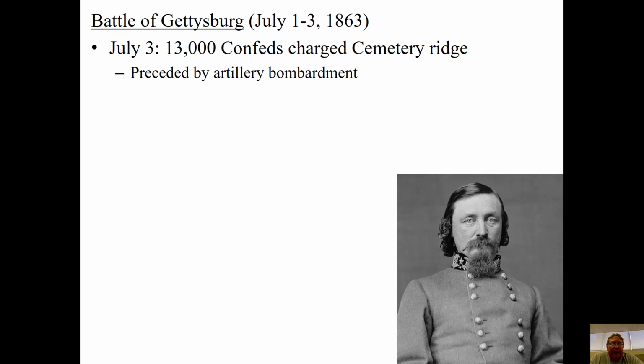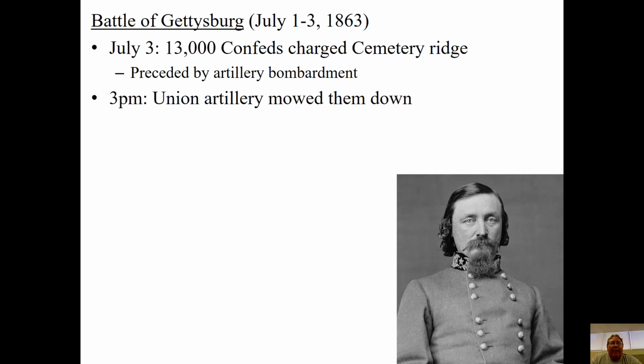And George Pickett's job that Lee gives him is a pretty straightforward one. Take your 10,000 men, march across about a quarter mile of open ground, and break the Union lines. Force the Union army to retreat so we can destroy it and move on and prove to Northerners that this war is unwinnable. To help Pickett out, Lee has his artillery massed into one big barrage, and they attack the Union lines for hours, trying to soften them up, trying to make Union soldiers afraid so they won't shoot, so maybe they'll run, and Pickett and his men will have an easier time of crossing that open ground and attacking the Union lines.